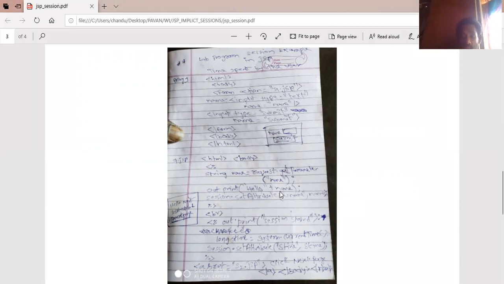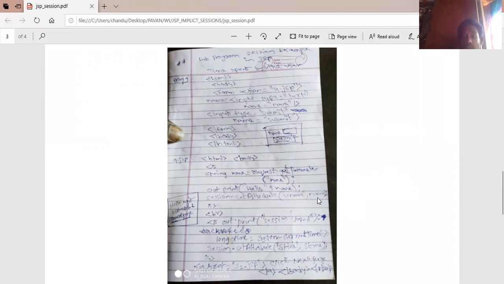s1.jsp. Within s1.jsp, directly String name equals request dot getParameter name. Request dot getParameter is a method used to retrieve this particular name value. Automatically we are retrieving the values. Out.println your name, hello my name. Here I am storing the values. So session dot setAttribute uname comma name, which I am retrieving.